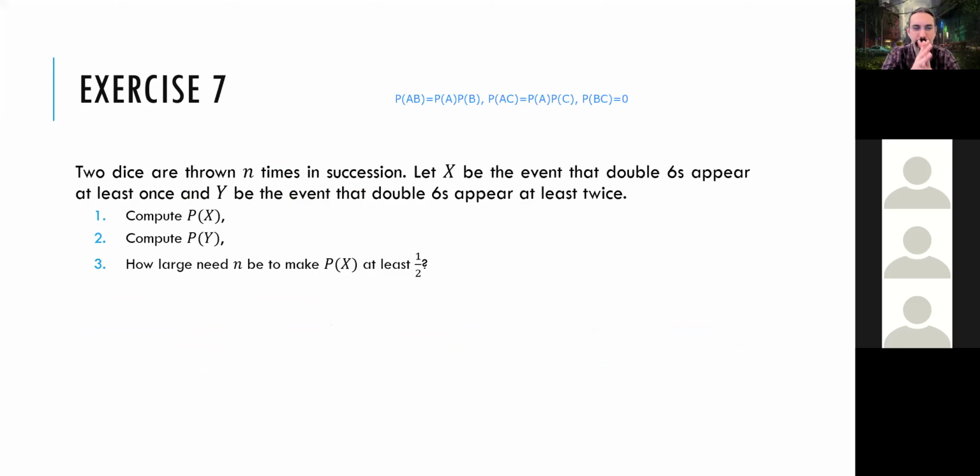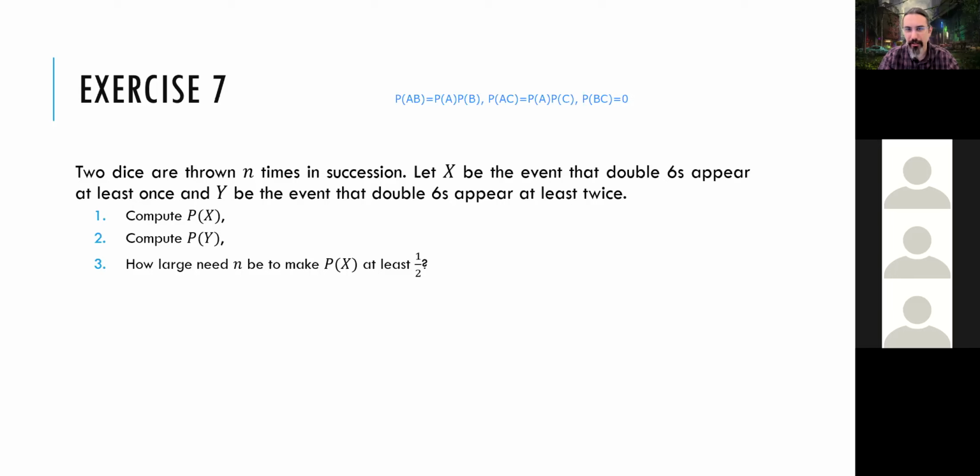Let's start with the first one. Compute P(x). Now, we know that x is the event that double sixes appear at least once. Okay, and we are throwing these dice n times. Okay, the probability of getting double sixes is 1/36. We already know that. So if it's going to appear at least once,